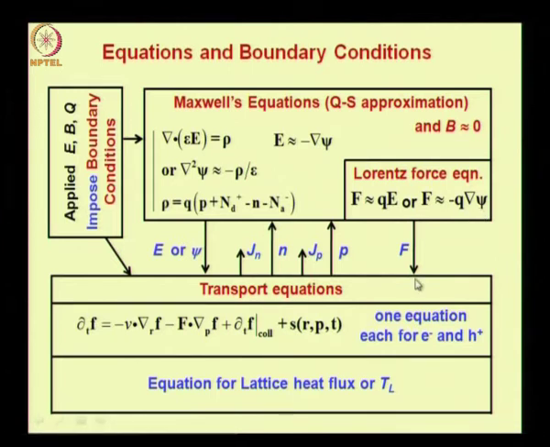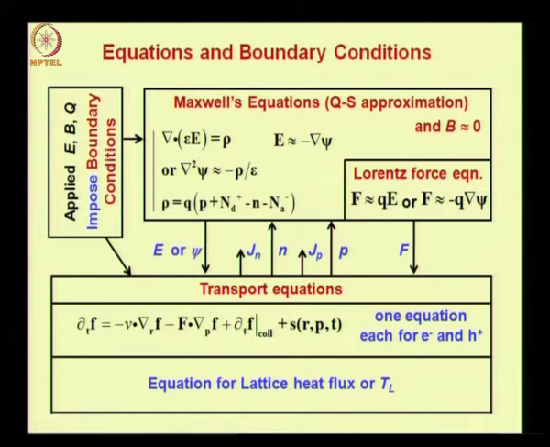Now this force and the electric field that is given here is used in the Boltzmann transport equation to solve for the distribution function f. So in fact this force is entering here, and the electric field is used to find out this force. Now you need one equation for electron and another equation for hole. So you have two Boltzmann transport equations, one for electron, other for hole. We are following the equation for electrons to explain the various aspects.